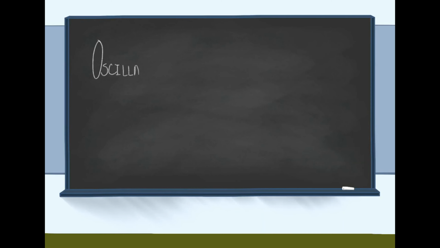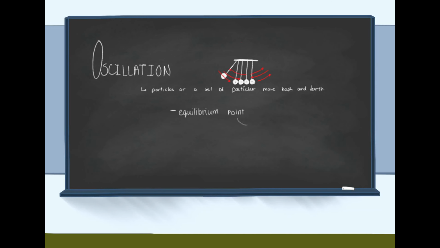The third and final type of motion that we're going to be talking about today is oscillation. A system that is undergoing oscillation is modeled by the restoring force model and is backed up by Hooke's law. In short, oscillation of a system is a system in which a particle or set of particles moves back and forth. Whether it be a pendulum swinging back and forth or a spring compressing and stretching, the basic principle of oscillation maintains that an oscillating particle returns to its initial state after a certain period of time. This kind of motion, characteristic of oscillations, is called periodic motion and is encountered in all areas of physics.